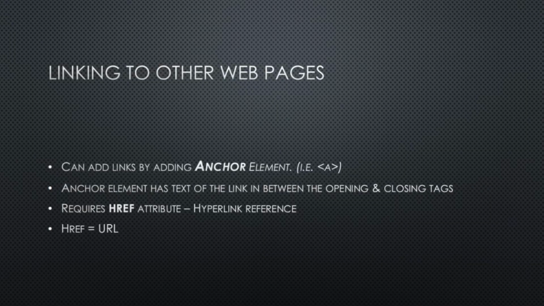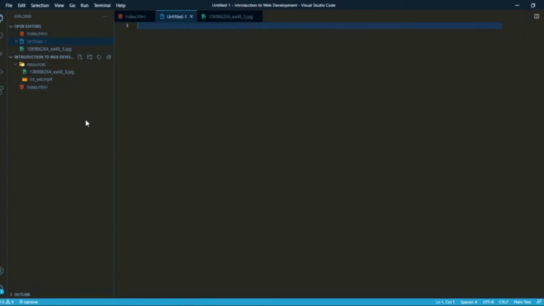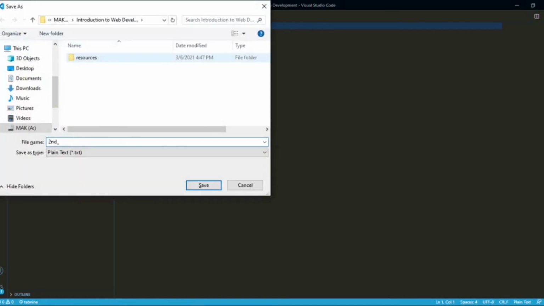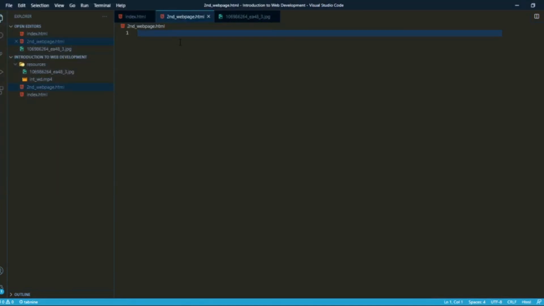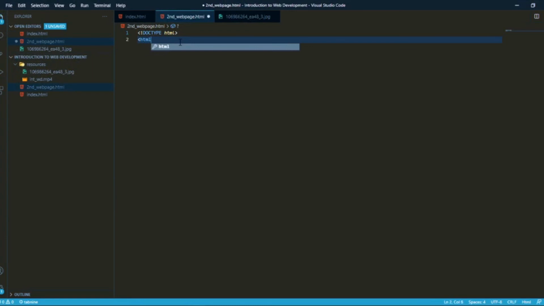Now we have learned how to link other web pages to our website using anchor element. This can also be used to link a reference page, like moving from one page of a website to another page. For this we will be using another HTML file that will be representing the second page of the website. So for this I will create another HTML file here, and I will save it as second webpage.html, and in here first I will create the basic syntax,